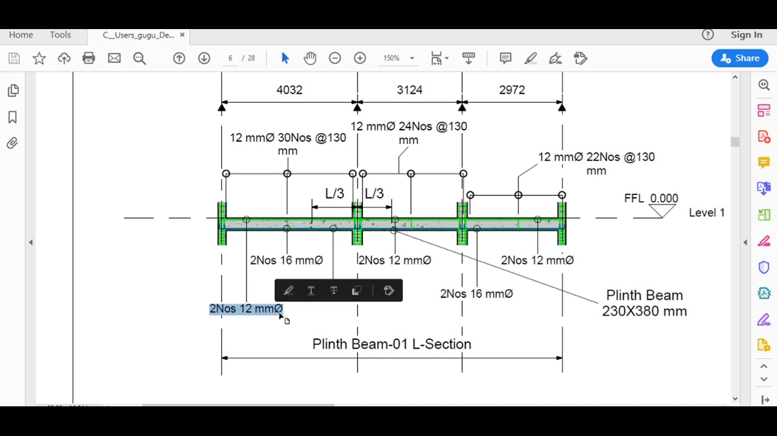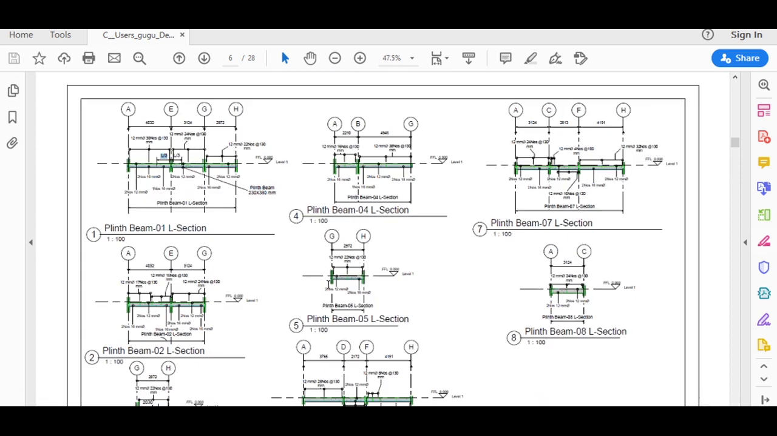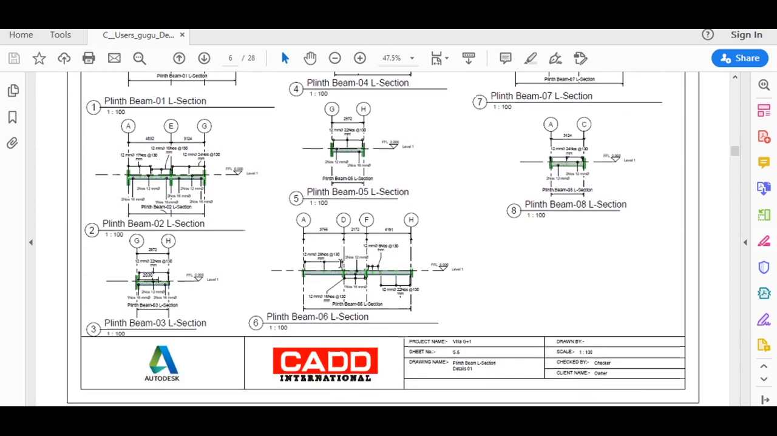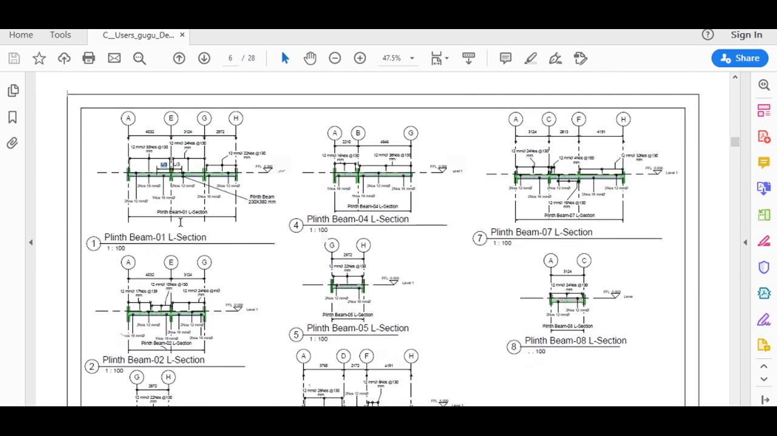To represent this number of bars and dia of bars, I have used the tag bar category option. To write L by 3, again I have used aligned dimension. Likewise, details of other beams are given in this sheet. These are the details of other beams, and this is another sheet for plinth beam detailing. Now coming back,